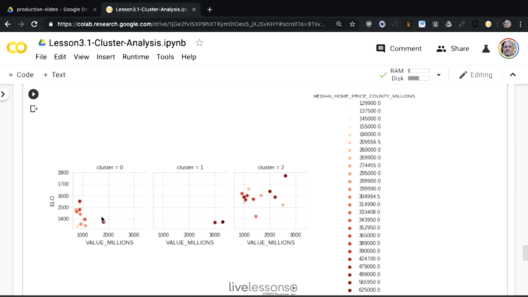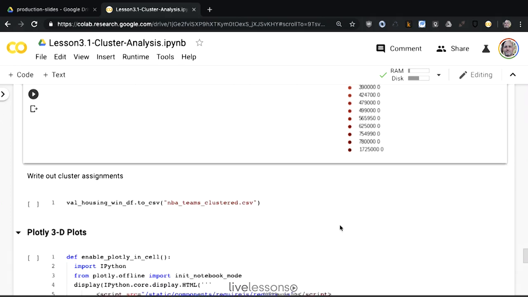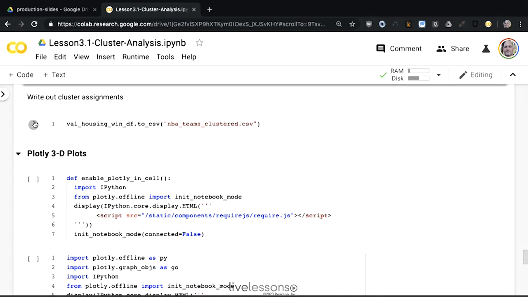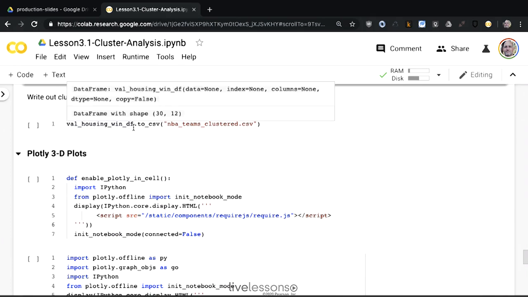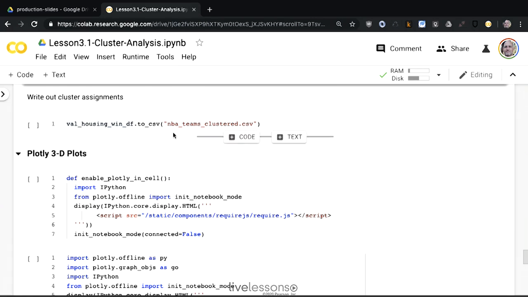And you can see over here how light this is. These home prices are much lighter in this cluster 2, and you can see cluster 3 has a combination of both. So really, these data visualization techniques, when they're combined with clustering, really expose unique ways of looking at data. Now, if I go through here and I want to write out those cluster assignments as well, this is important to know. You could just say to CSV, it's going to dump it out,